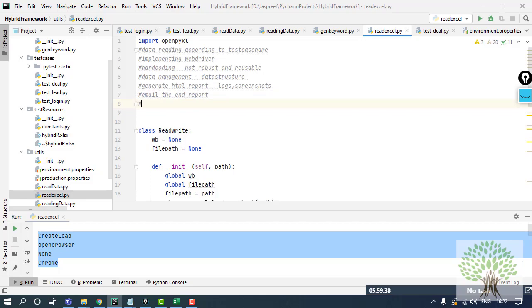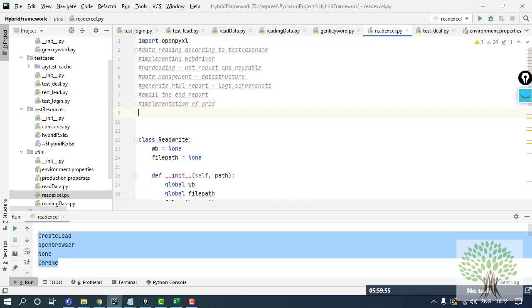Now, if I have 50 test cases or 5,000 test cases, to save time, I will be running the test cases on grid, right? So, implementation of grid is also important over here in the project. Then I also have to integrate my code with GitHub and Jenkins, right?